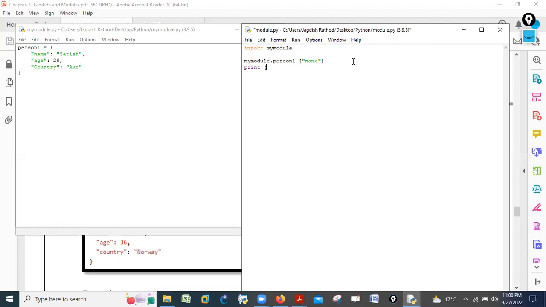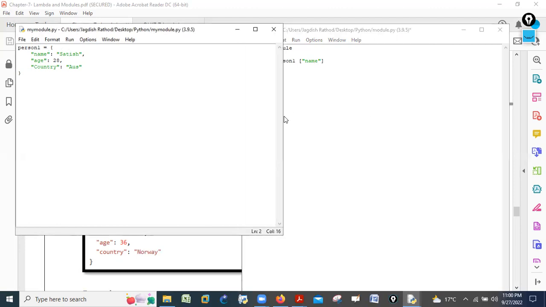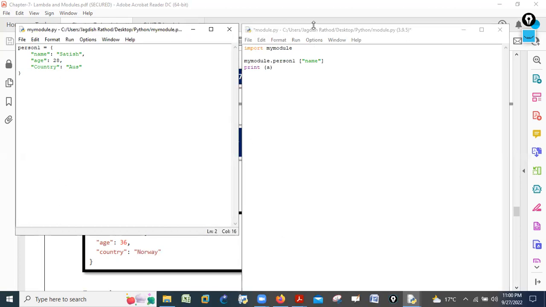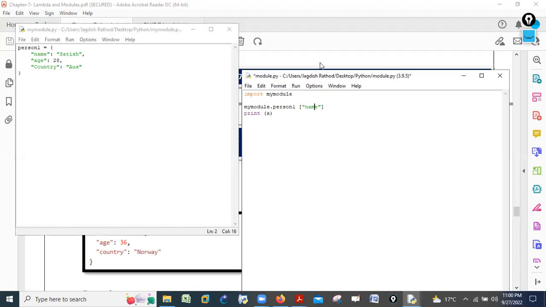I want to print or store this value in a variable. When I run this program, you can see what actually happens in the backend. What have I defined here? Name. And what is the name here? Satish. And here I call my module dot person one.